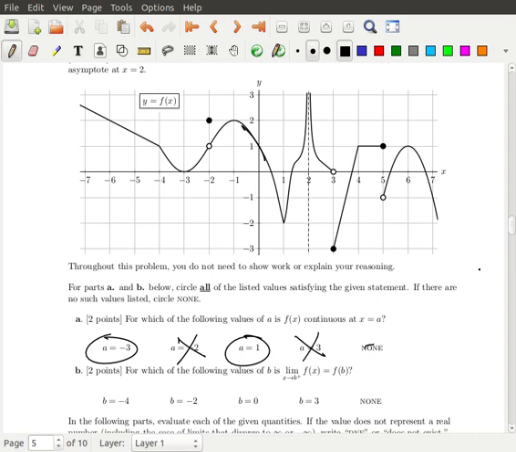For which of the following values of b is the limit of f of x as x approaches b from the right equal to f of b? So if you look at what the function is approaching from the right, does it equal the value of the function? -4, it does, because it's continuous there. So as we approach from the right, I'll use a different color, as we approach from the right, it equals the value. So yes, at -2, we approach from the right, it doesn't equal this jump value. 0, as we approach from the right,